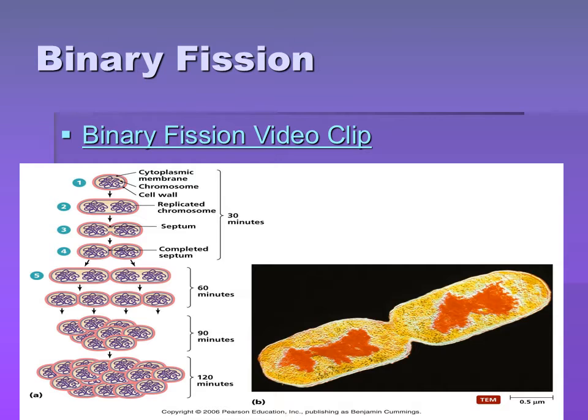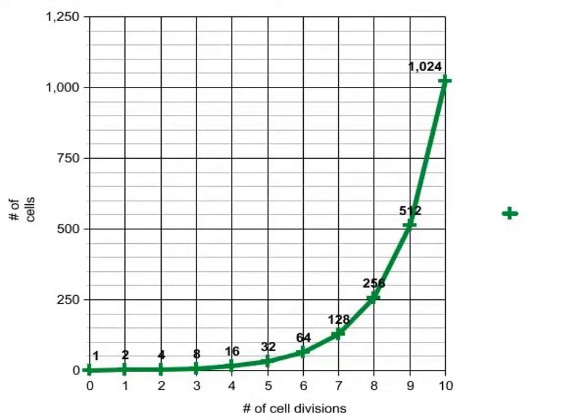There is a binary fission video clip to show you and remind you how fast bacteria divides and grows, which is why, with strep throat, which is a bacterial infection, if you don't treat it really fast, you feel sick and you feel really bad. You feel worse over time really fast. And it's because you have to stop the bacteria from dividing. And once you do that, you start to feel better.